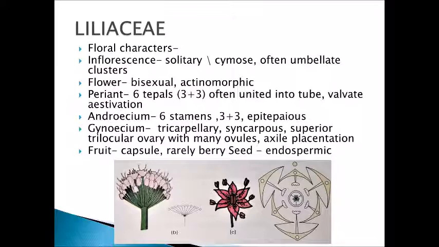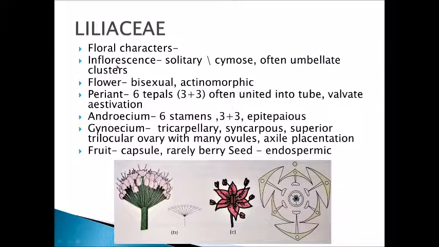The next is gynoecium, which is bicarpellary. Here you can see this side one chamber and on this side other chamber is there. This green colored one is placenta and this is the septum, which is dividing the ovary into 2 chambers. That is why it is called bilocular ovary. And on that placenta, axile placentation is there. On this placenta, the seeds or the ovules are arranged. And this is the mother axis. So, this is all about the Solanaceae family.